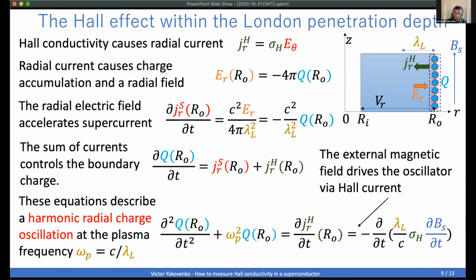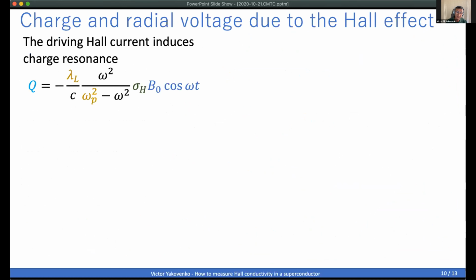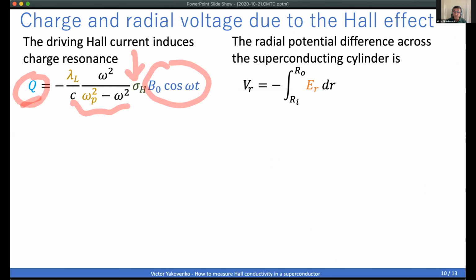So basically, this differential equation is easy to solve in Fourier domain, and this is basically the answer. The oscillating charge on the boundaries of the sample is proportional to the oscillating axial magnetic field, with a coefficient which has Hall conductivity and a bunch of other coefficients like plasma frequency, London length, etc. And of course, this charge accumulation on the outer and inner walls produces a radial electric field and